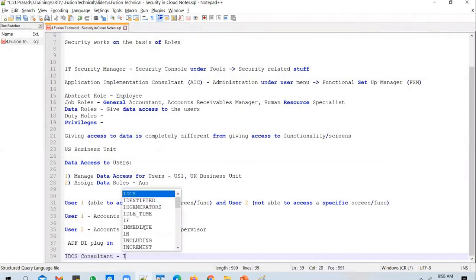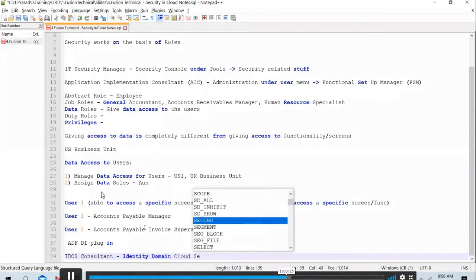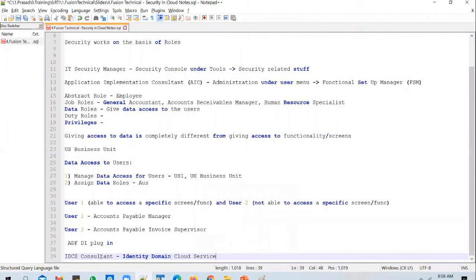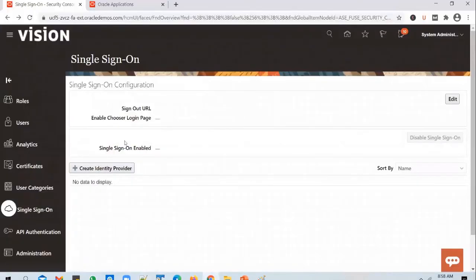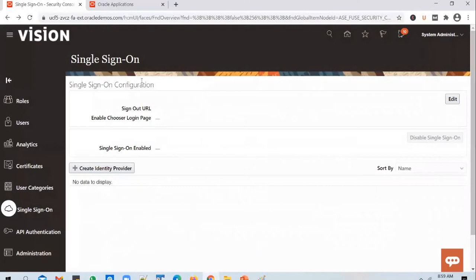So what does IDCS stand for? Identity Domain Cloud Service. And this IDCS consultant will be working with the client to have the single sign-on configuration done. It also takes a bit of time, at least a few weeks, if not more. And they will work out with the client, and they will set up the single sign-on options. We don't do anything in this particular screen.